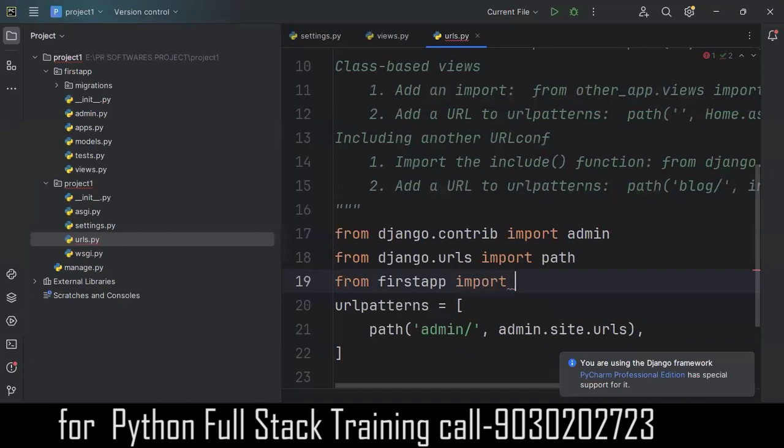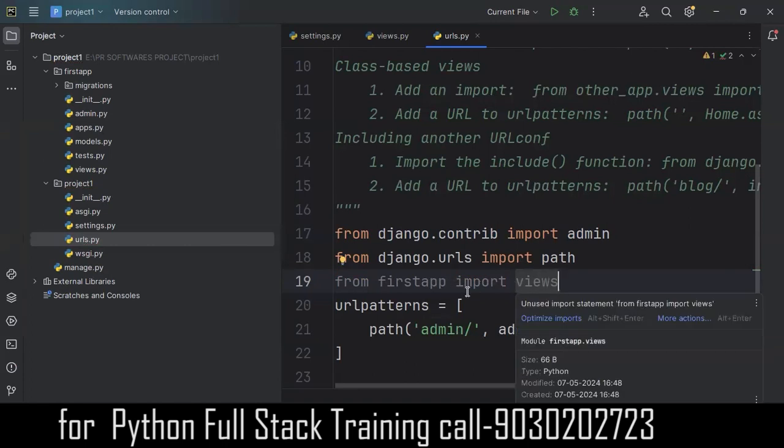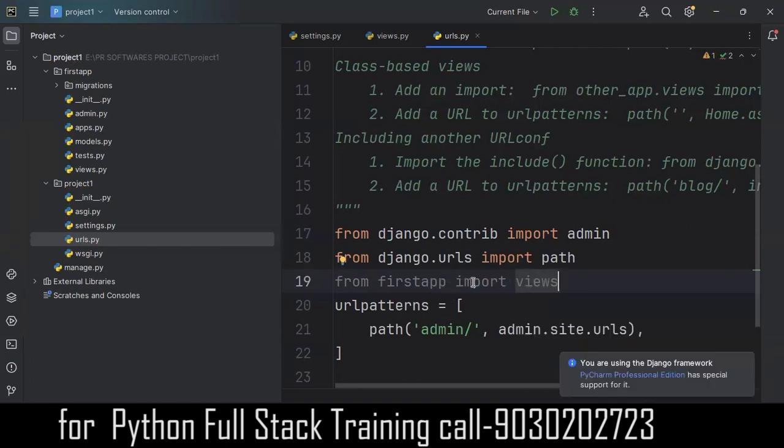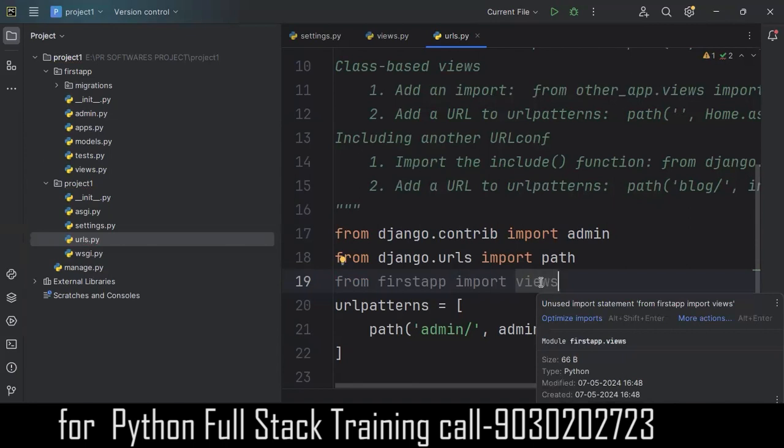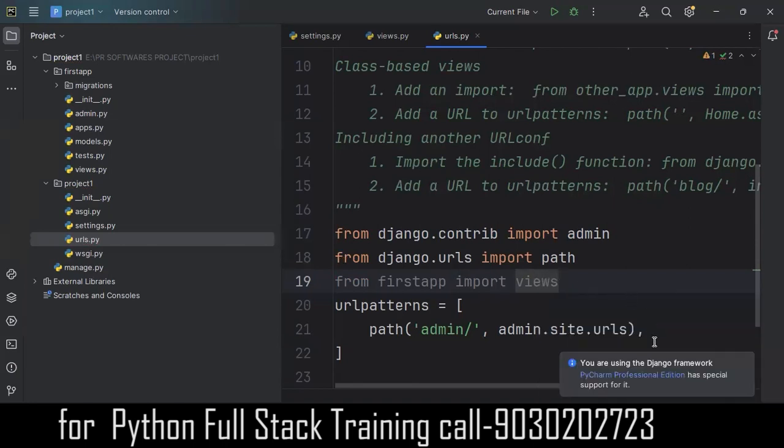Then import what is there in your first app, the views file. So views. If both of these are getting errors, it means you have made some spelling mistake here, guys. You should be very careful with that. Clear? Next step, after this comma, you write here path